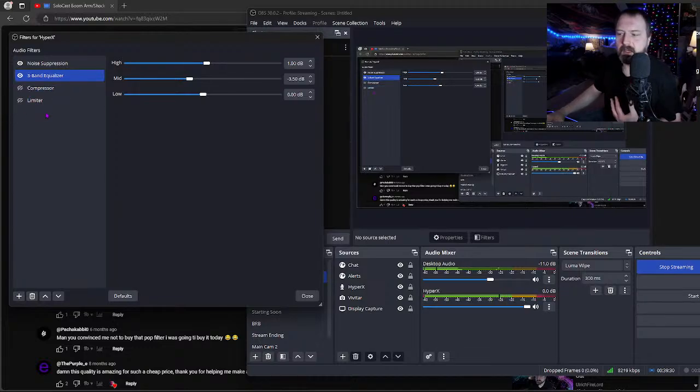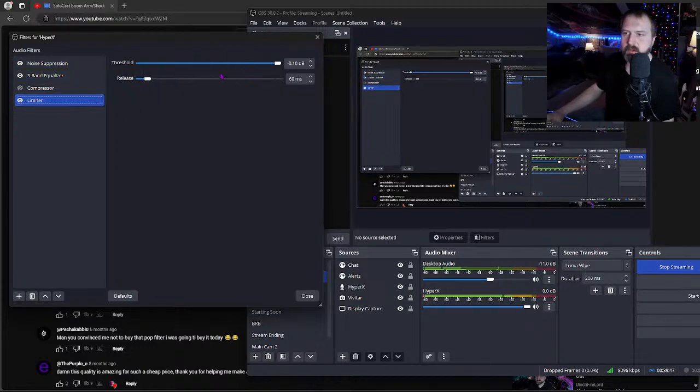Now, if I take that compressor off, what this is supposed to do, let's see if it actually works. It's supposed to, like, go just under the threshold, where you can actually change this, because I have it working with the compressor. But the limiter, basically what you can do with that is you can stop it from peaking. Where if I bring it back here, see how when I talk, no matter how loud I get, it's not going to peak. But I have it to where it's just at 1, and it works with the compressor.